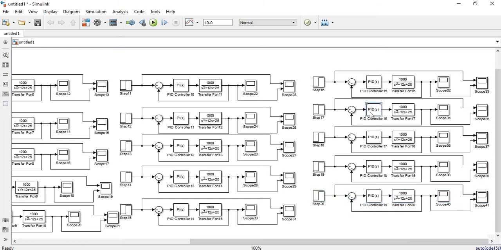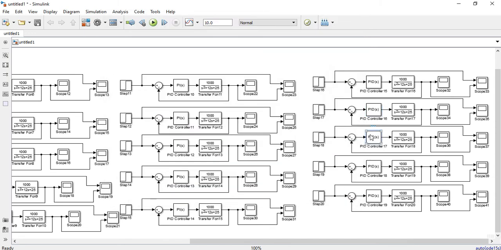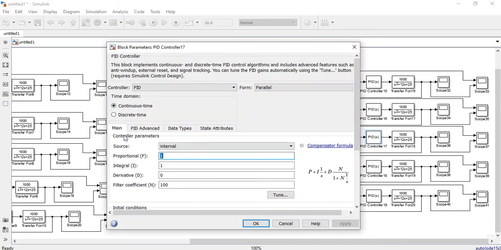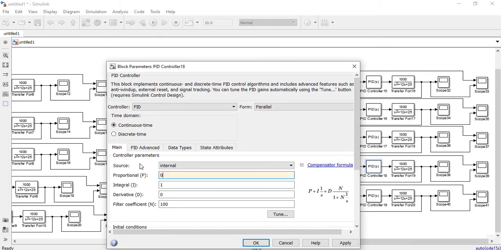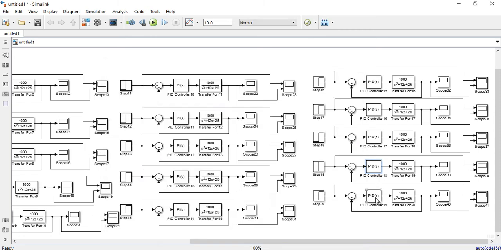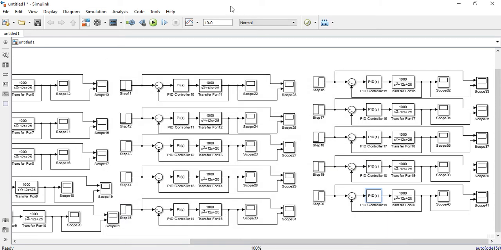Now for the proportional controller, let us say I will be putting 10.5 and 0.5, 0.2, then I will be putting 10, 2 and 5. Another will be 0.1, 10, 10 and 20. Another one, let us say 7, 5 and 3. I'm putting these random values.